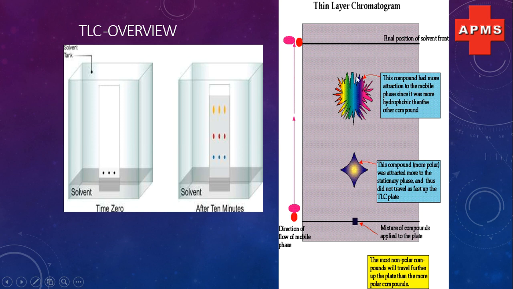Now the second compound had more attraction to the mobile phase compared to the stationary phase, because it is more soluble in the mobile phase, or we can say that it is more hydrophobic. So it moves faster due to less attraction with the stationary phase but more attraction or more solubilization with the mobile phase. So here we get this spot somewhat further than the initial spot. So this is the basic